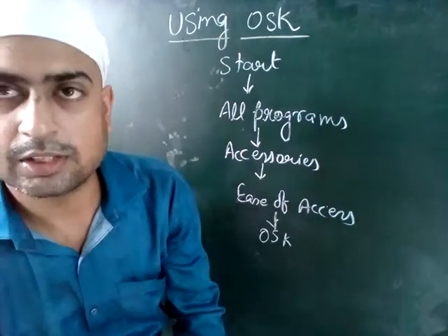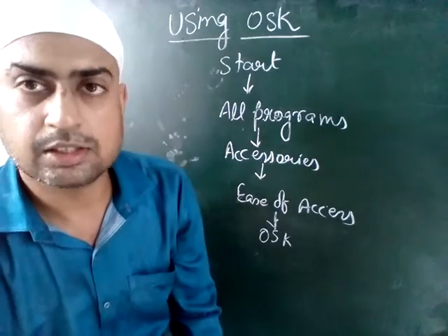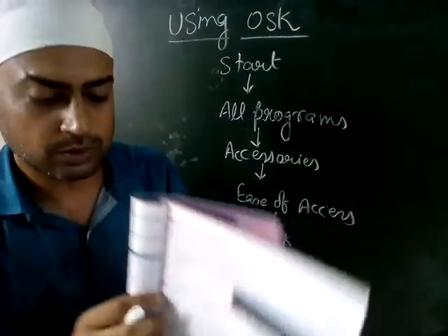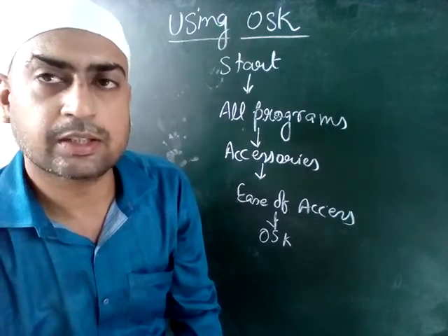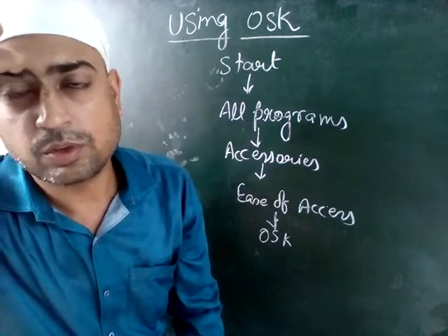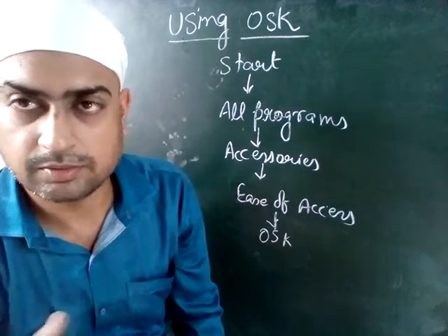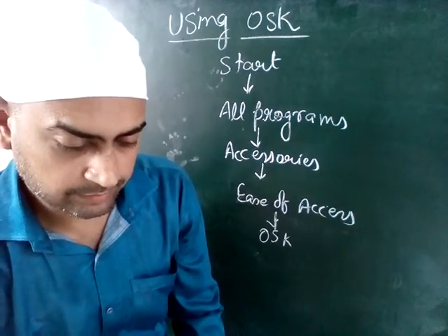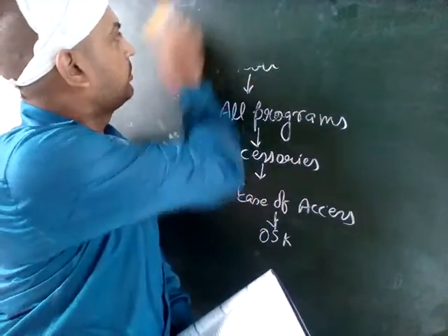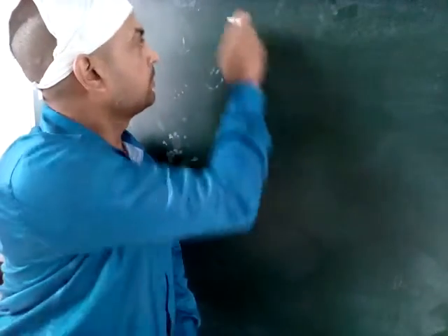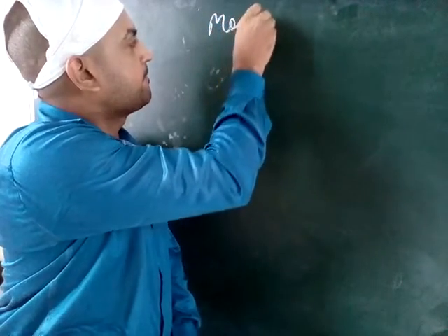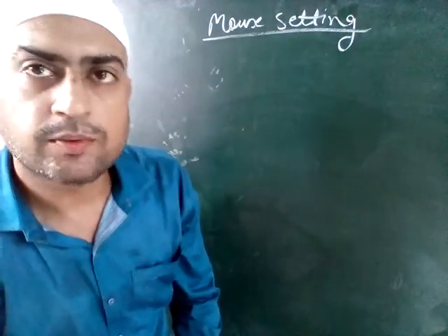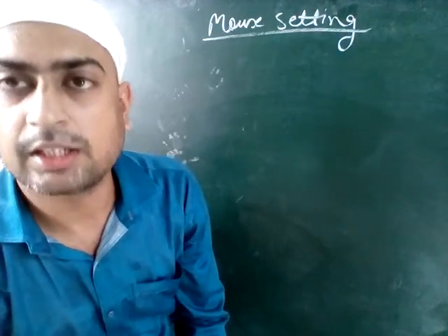Now, changing the mouse setting, which we have already discussed briefly. In this next topic, it is given in your book. What is the meaning of changing the mouse setting? Mouse setting means if we want to interchange the left and right keys, then we can use this kind of setting. How will we use this mouse setting? We will use this in the control panel.